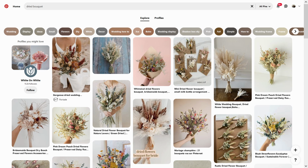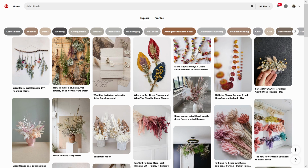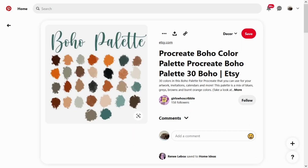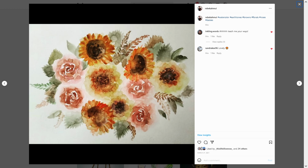So far, I haven't seen many paintings of dried floral bouquets, and yet there's something about the color scheme of these bouquets, that they're brown and orange and green, and sometimes they have really intense colors, but they also have very interesting textures, and there's a kind of neutral boho palette to them. And I tried to capture a dried floral bouquet in a previous little miniature watercolor. It was about 2 by 1 inch, so it's really tiny. And then I also tried a larger watercolor painting using the dried floral bouquet scheme with sunflowers and roses and